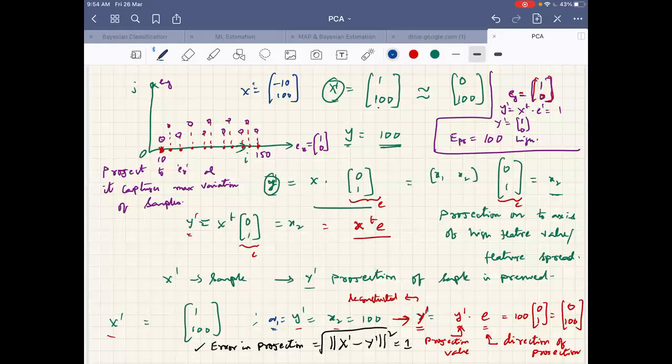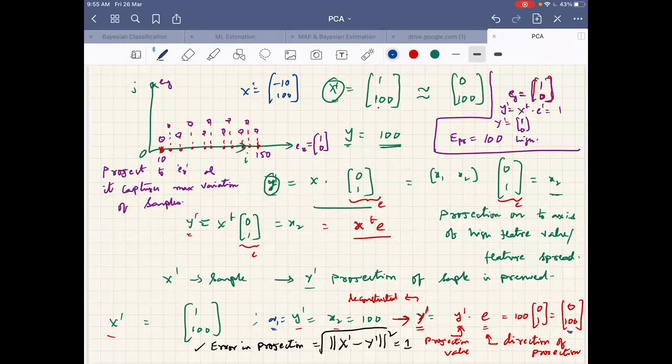So, sir, can't we just take the value of the dimension itself, instead of the Euclidean distance? Like, can't we take -10 in this case as the error? No, you can't take -10 because you can't get it. You are looking at the sample and saying that it is -10, but after projection, what you have is 0, 100 only.